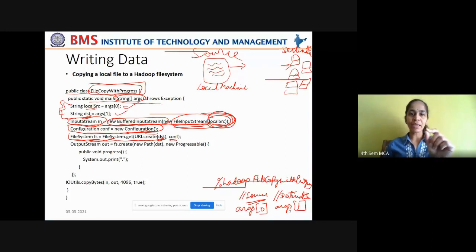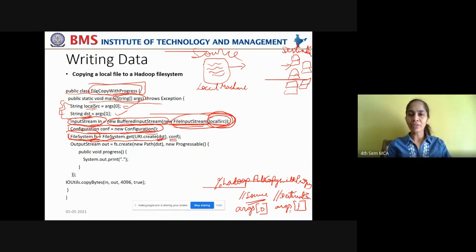In the same way, I'm not directly connecting with the file, but I'm creating a representative of that file. I'm creating an object for that file. I'm creating an instance of the file system FS, right? And using that instance to connect it to the output stream through which the data can be written.